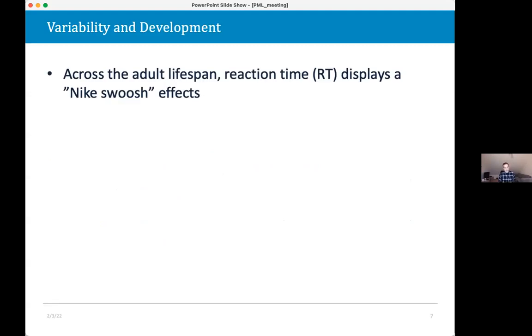Okay, so that's variability as a construct by itself. What we might be interested in is variability across development. So across the adult lifespan, reaction time specifically displays this Nike swoosh effect. And despite our best efforts, Nike declined to fund this work. Although I was really hoping for some nice athletic gear. I run, and so I can always use free Nike stuff, but they're not as interested in that marketing opportunity,